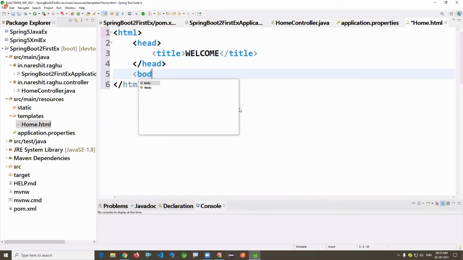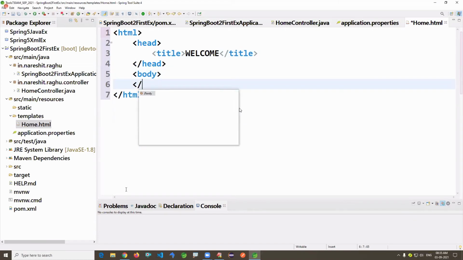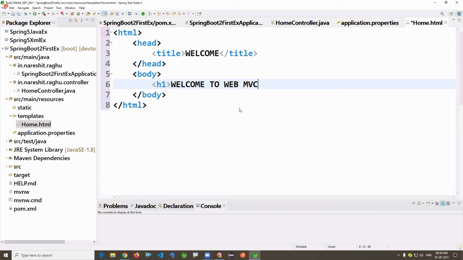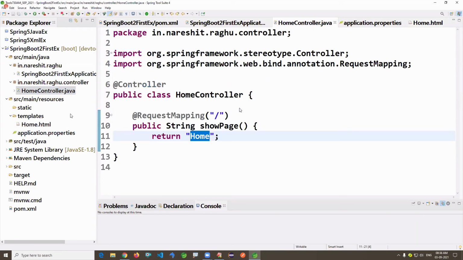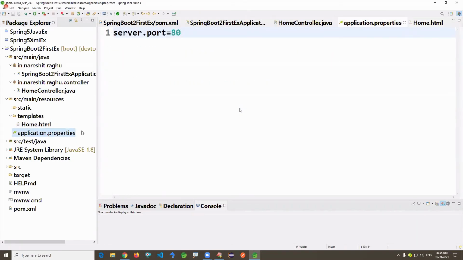I'm writing body section. H1. Welcome to WebMVC. Close H1. Okay. So I wrote one application: a simple controller, HTML file and properties.